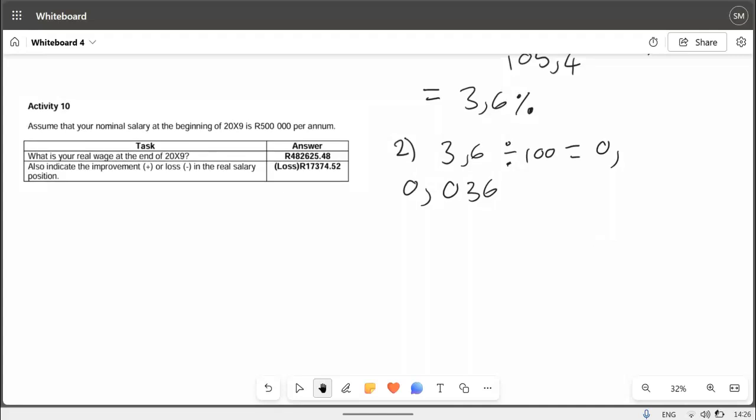Now we want to get the impact. It's the same step. So we're going to say our 500,000 divided by, never forget the 1, the inflation rate, which is 0.036. Then it will give you an answer of